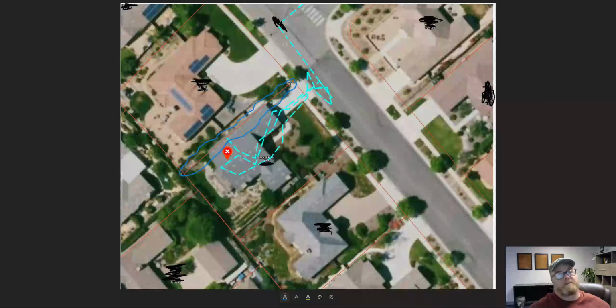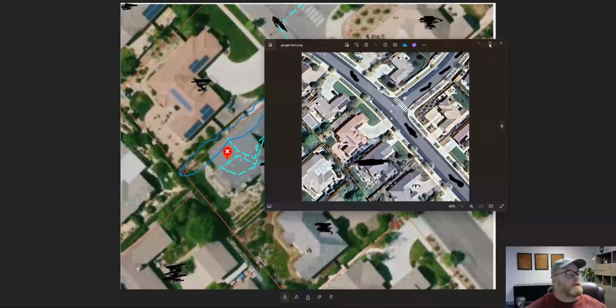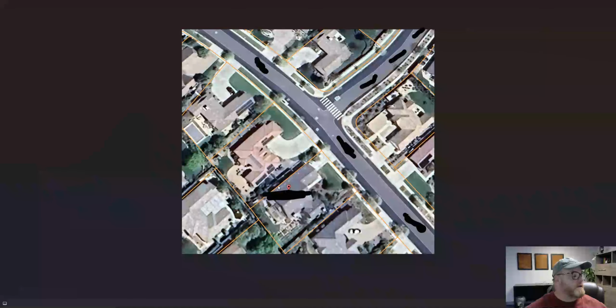Well, I've been out here. The surveyor set the marks for my property, okay? And it's not there. It's not going through the garage. And if you go to Google, it's the same thing. It looks a little bit different in Google. It looks like it fits occupation a little bit better, but it's the same lines as OnX. I think OnX uses a different provider for their imagery than Google does, and this just happens to have been taken